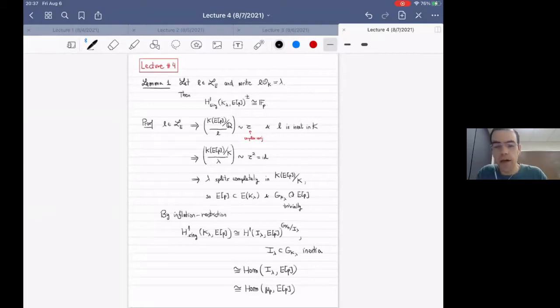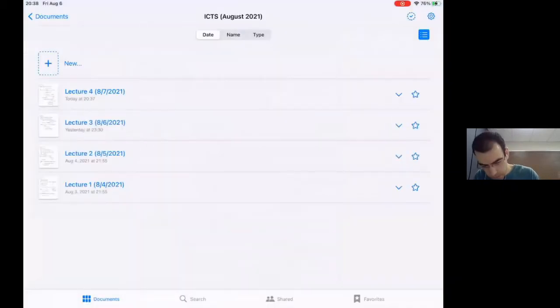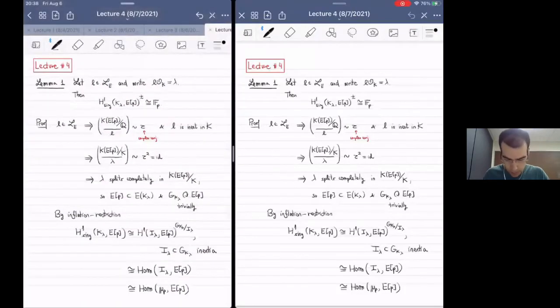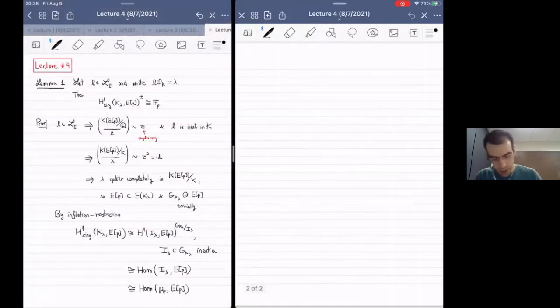Okay, now we're done because we just need to take plus and minus eigenspaces. These isomorphisms are all tau equivariant. So we're going to get H1 singular K lambda, E[p] plus minus is going to be the ohms